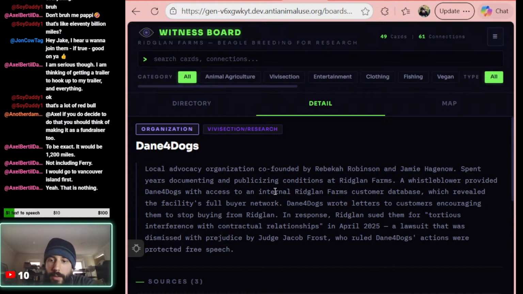They spent years documenting and publicizing conditions at Ridglan Farms. The whistleblower worked with Dane for Dogs to access the database, which revealed the full buyer list, and then they wrote letters to the customers encouraging them to stop buying from Ridglan. In response, Ridglan sued them, and that was dismissed by Judge Jacob Frost.